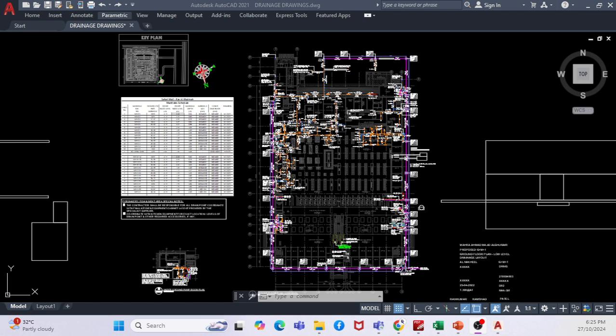That is the first priority because that is the very shortest path. In case you cannot provide the shaft in the toilet, then you will find the nearest area, the shortest path. Then it will go to the ground floor, then from the ground floor to the manhole, then from the manhole to the IFC chamber. That is the quickest path you have to find out